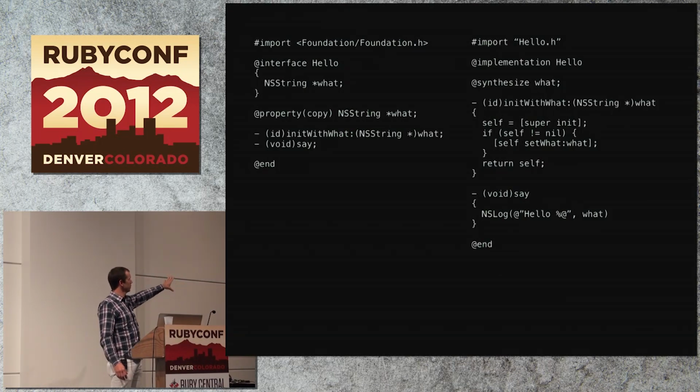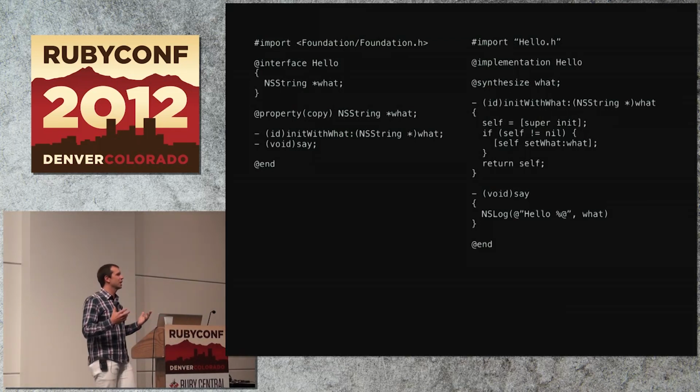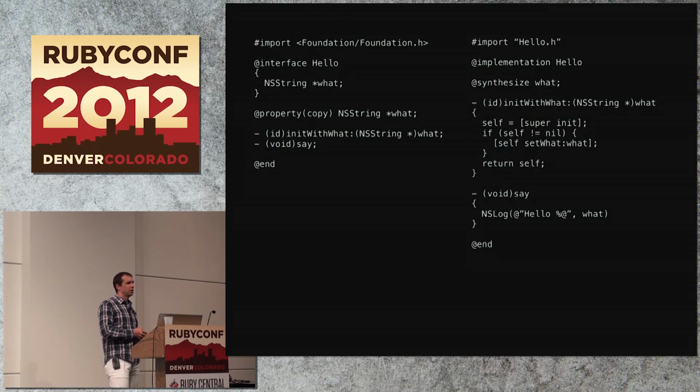You've got a header file here that declares it. You create a class, an implementation of it. You implement a method that says hello. If you look at that, Objective-C is roughly 3 times the amount of code that a comparable RubyMotion file would be. So about 3x, or 1/3 of the lines of code can go away just from a line count.